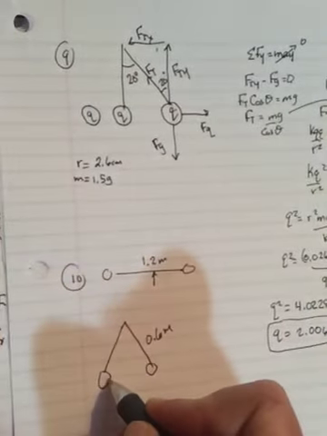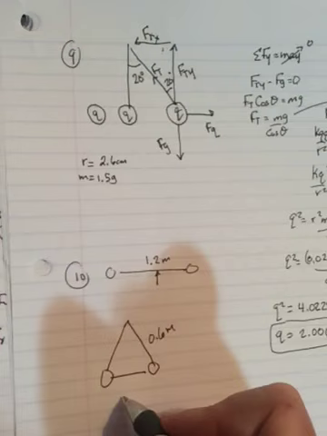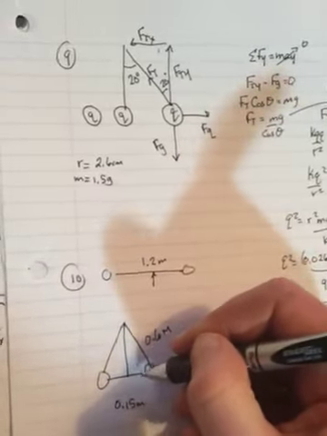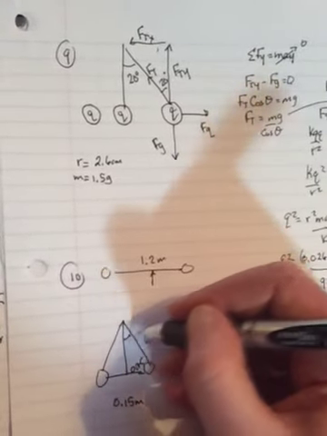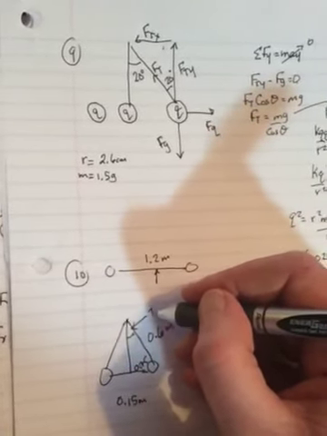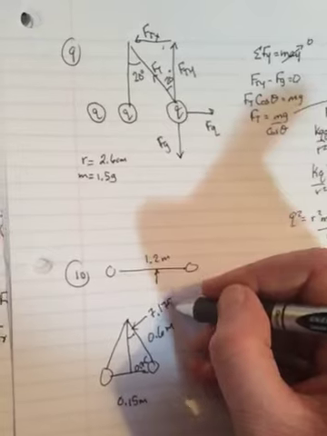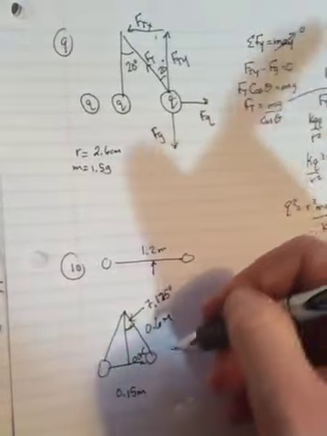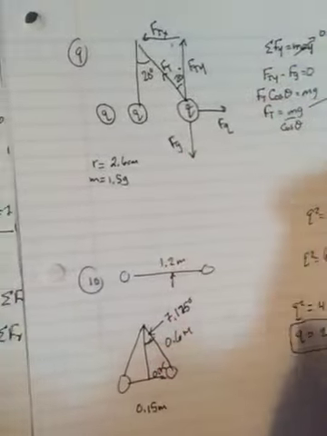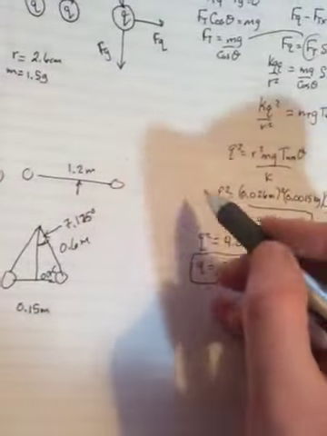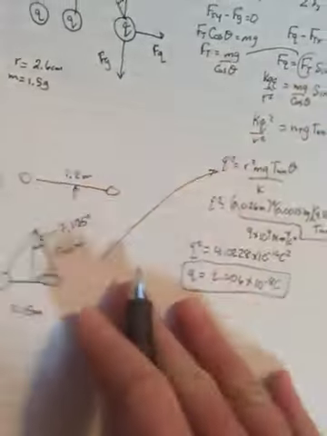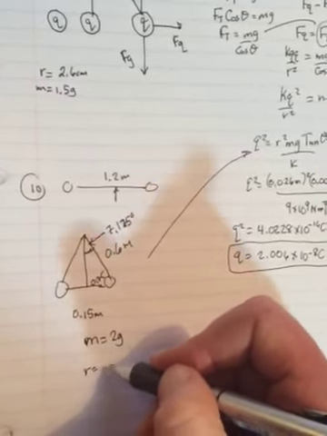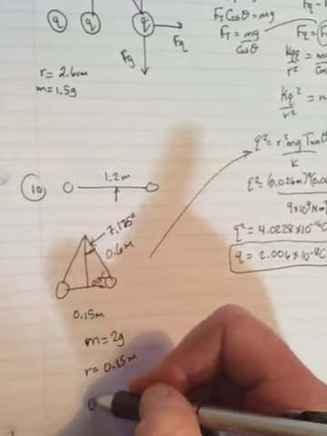Oops. And it says that they are center to center 15 centimeters apart, or 0.15 meters. So if you were to draw a line straight down here, this side would be 0.75, and now you can find this angle. And when you find this angle, it ends up being 7.125 degrees, just using tan. And now everything else is the same. You're going to do exactly what we just did so that you end up getting to this equation. This time, though, you're still looking for Q, but the mass is 2 grams. The radius from center to center is 0.15 meters, and the theta